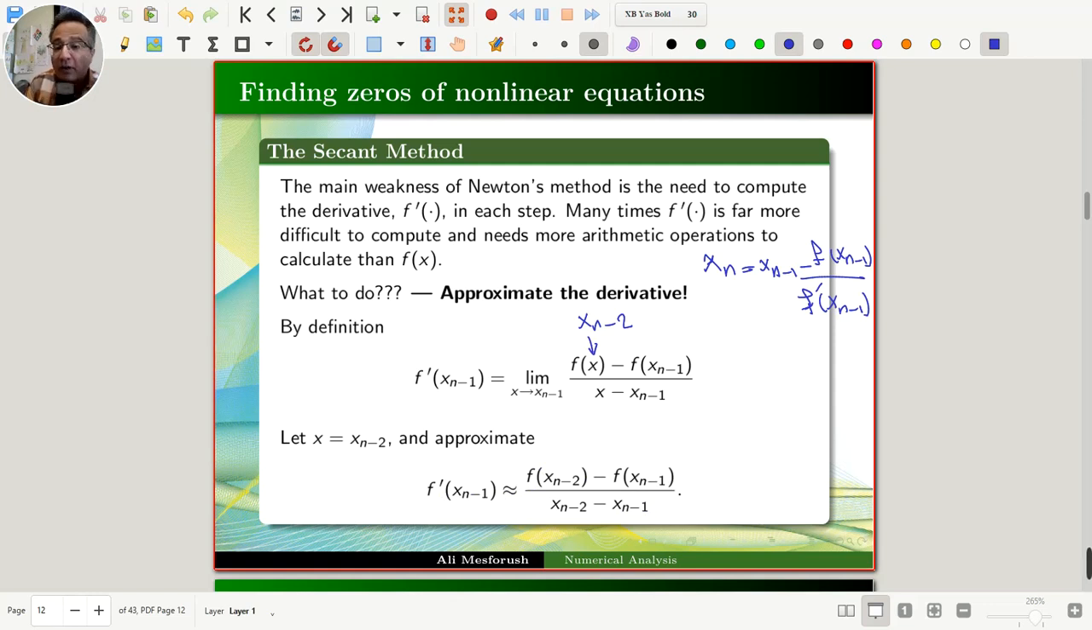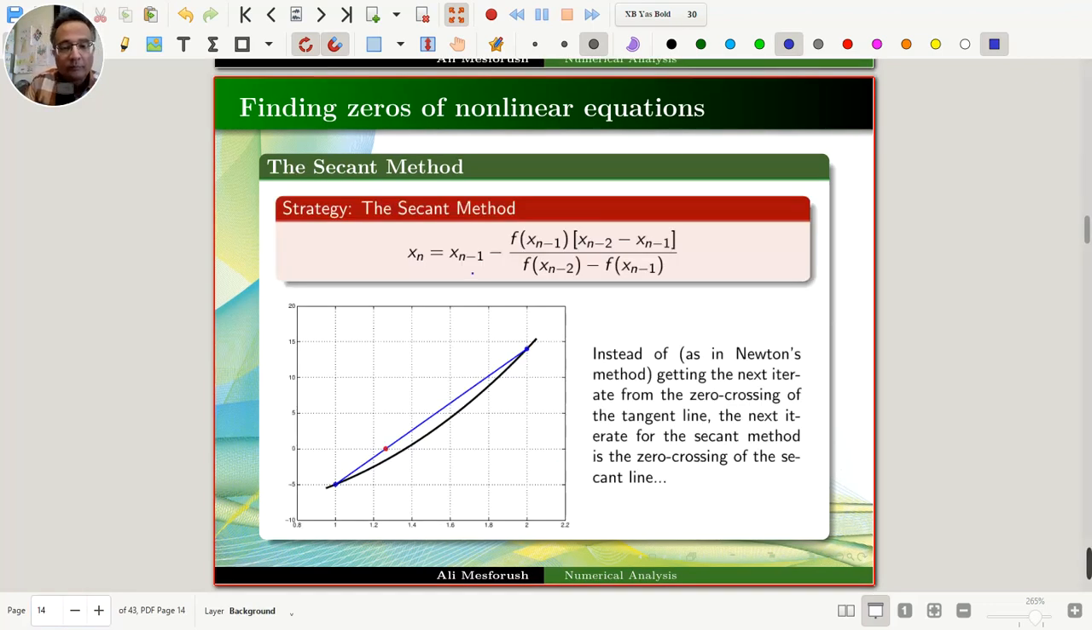And we want to compute xn from xn minus 1. We put this item instead of f prime of xn minus 1. In fact, we put this item here instead of f prime of xn minus 1. Now, something like this. So, what's the meaning of this